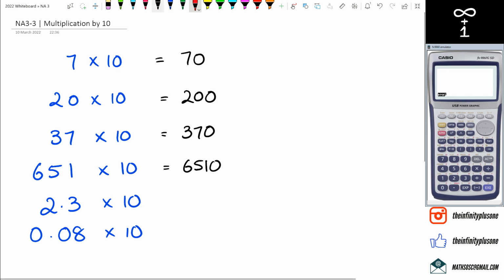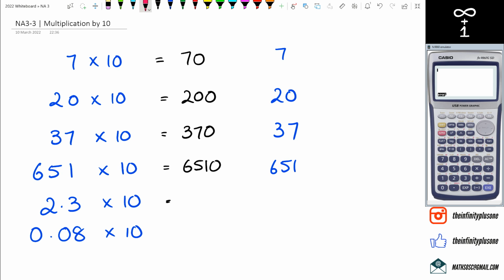So what happens with numbers with decimal places? Well, let's think about it like this. If we think about the 7, so we had 7, 20, 37, and 651, what we did in this case was we just added a 0. Another way to think about it is all of these numbers actually have a decimal point. Because 7 could be written as 7.0, 20 could be written as 20.0, 37 can be written as 37.0, and 651 could be written as